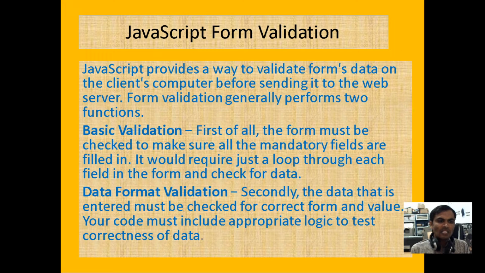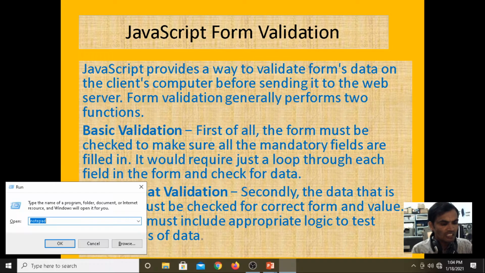Coming to the second type, we have data format validations. Data format validations means that for student name, if instead of characters you pass a number, it is not a correct data format. Taking a second example, the mobile contact number: instead of numeric values or digits, if you give a name, it is not a correct data format validation. For your understanding, I am taking a simple example.